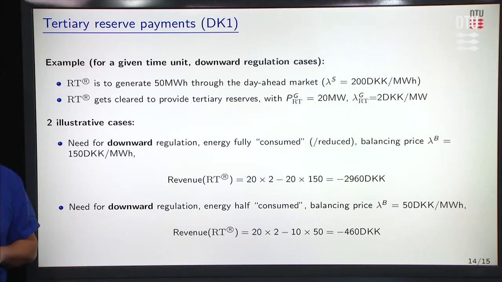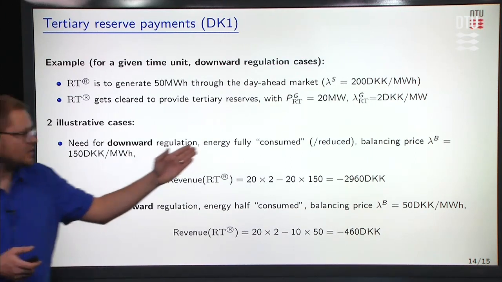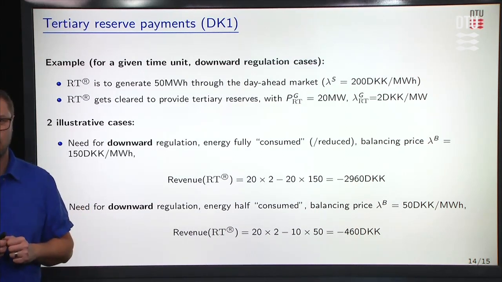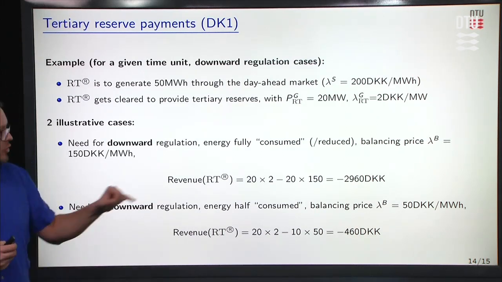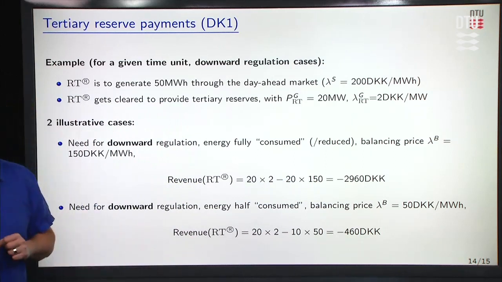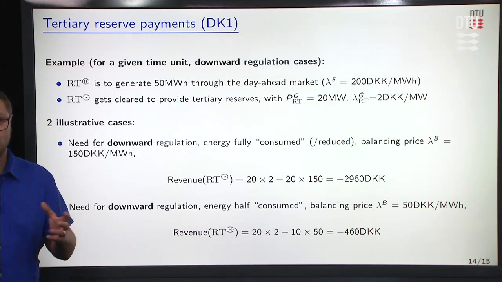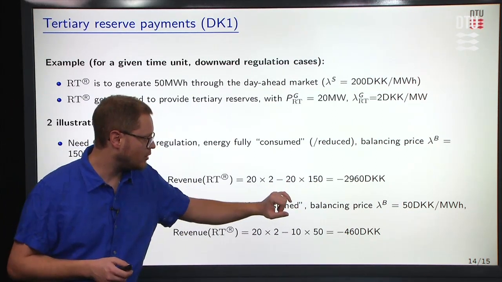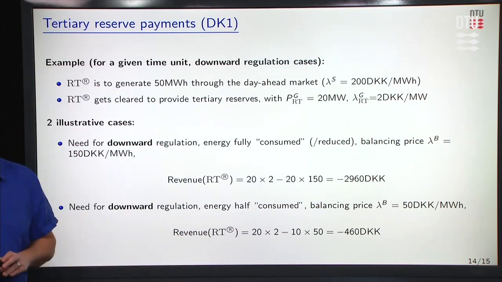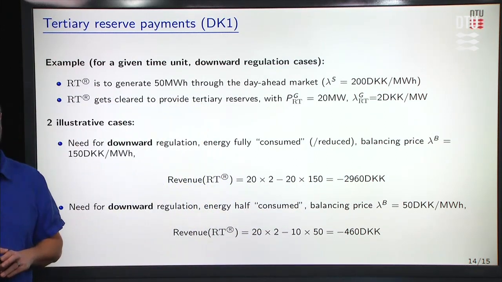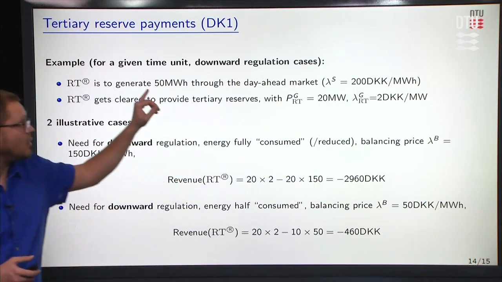On the other side, for downward regulation, with the same starting point, we look at the first illustrative case where energy is fully consumed, so you use the full capacity over the time unit at a balancing price of 150 kroner per megawatt hour. You would have this capacity payment again, and then you would have somehow to pay back this energy that you consume by reducing your set points. So that would be 20 for the number of megawatt hours times 150 for lambda B. Eventually, this is a payment of 2,960 kroner,